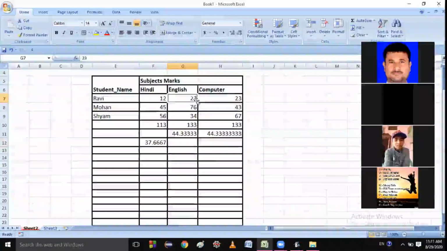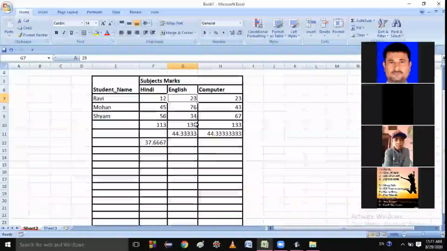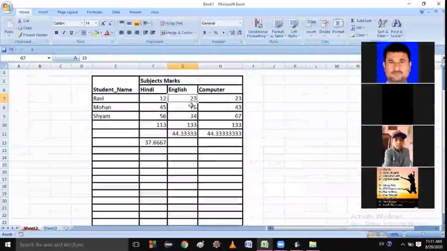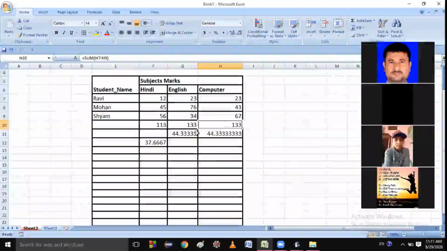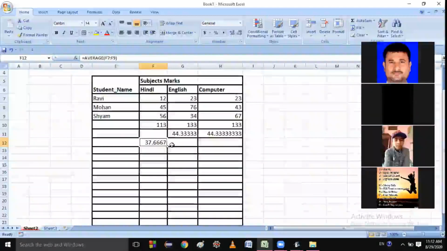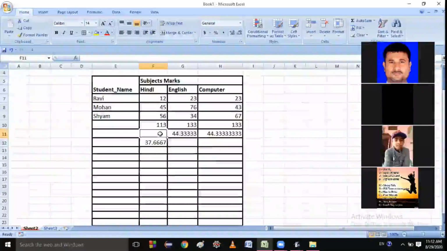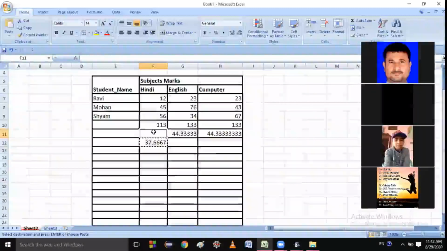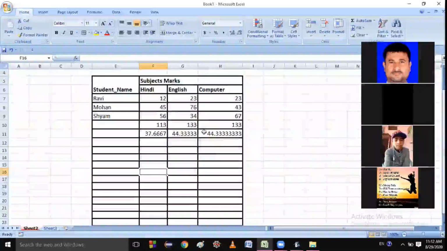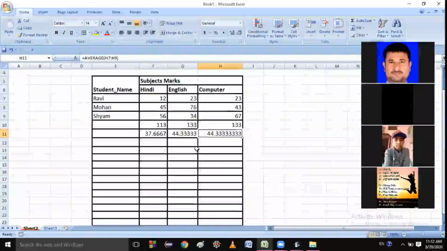Again, you just add this. 6 plus 3 is 9, 33, and 7 to 9. Okay, 133. Then it is correct right now. So there were some formulas already applied, so that's why that answer was incorrect. Control X, you can write here Control V. So this is the average of the marks.